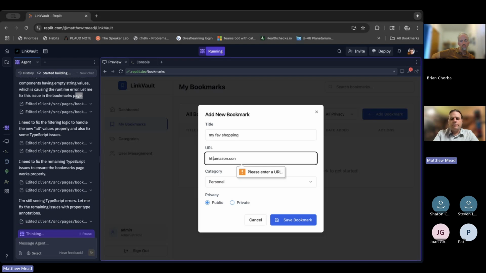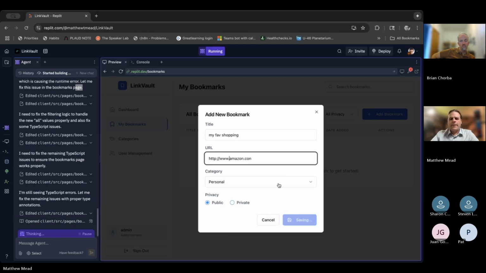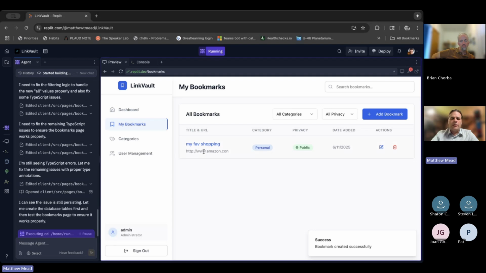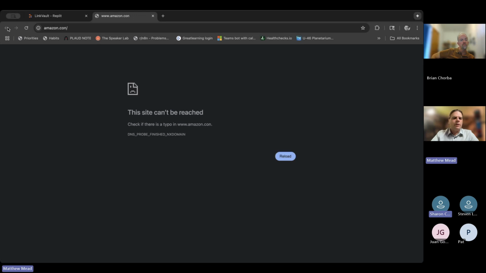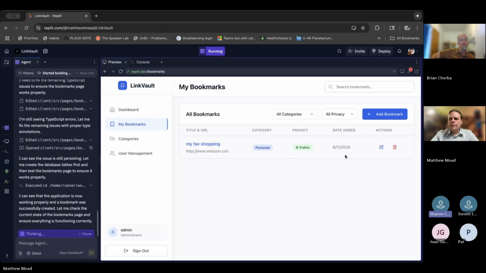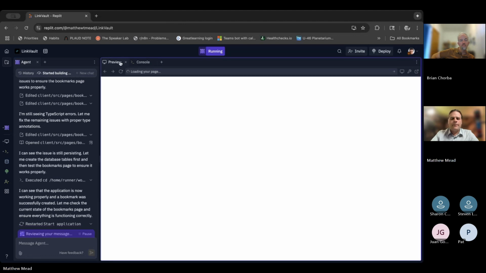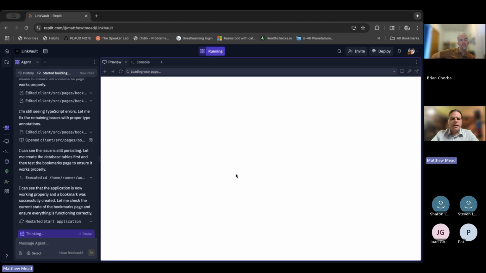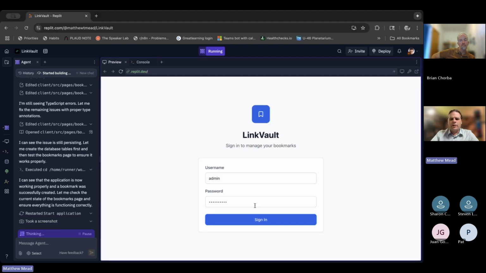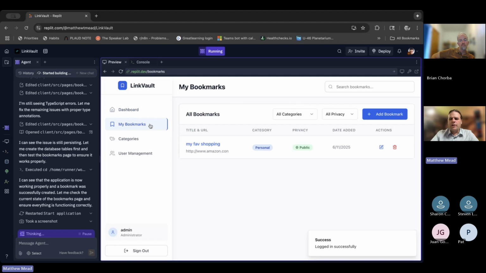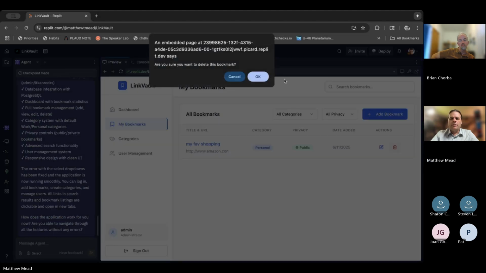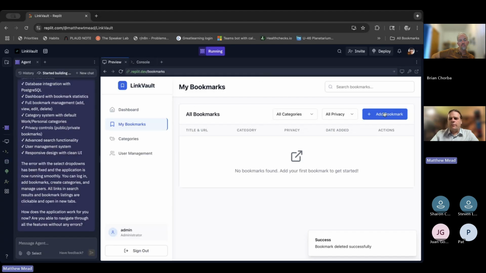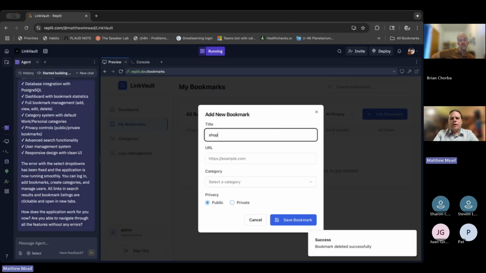Oh, interesting. Okay, so it's sort of doing data validation on it. So look at this. If I click on my fave shopping, oh, did I have a? You have .con instead of .com. It was so hard to get good help. So I clicked on the edit button. I'm not sure what's happening. Oh, I'm logging back in. I go to my bookmarks. So there's some issues here, right? So add a bookmark, shop,